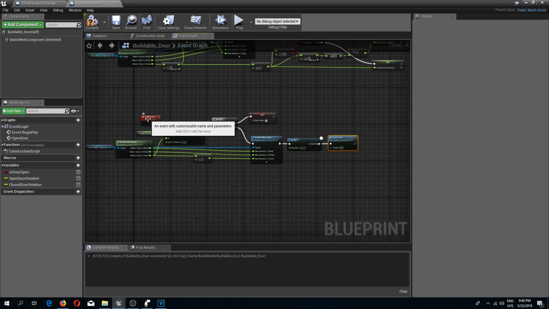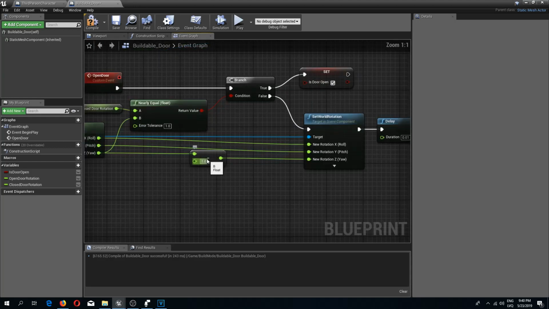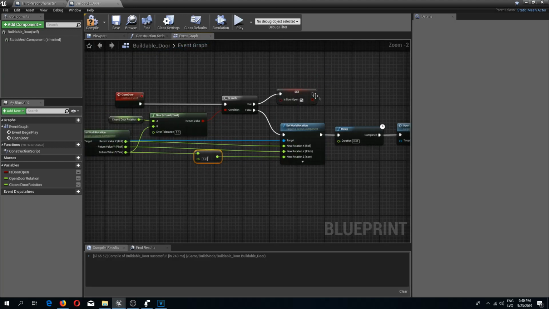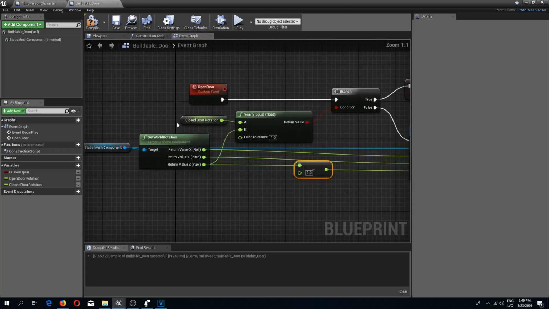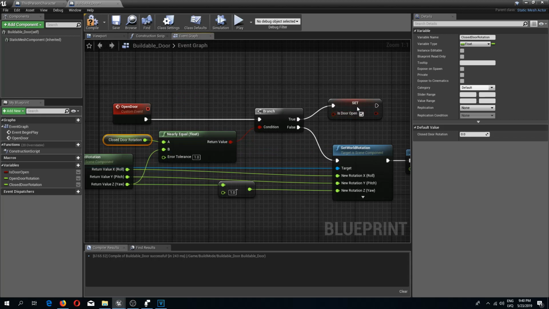So basically we're going to rotate this 1 pixel if it's not already open, and it's going to loop this all the time until we reach this rotation, and then it's going to set doors